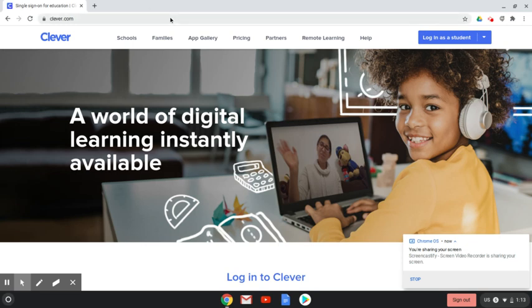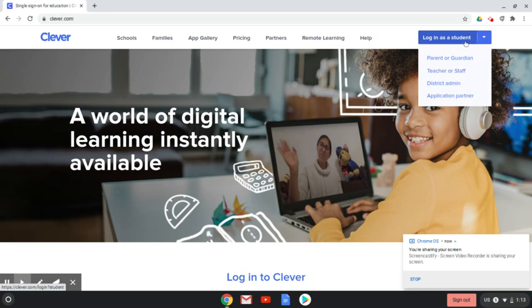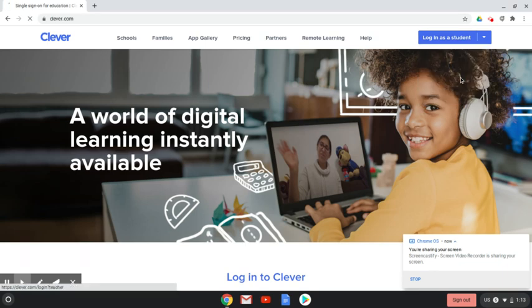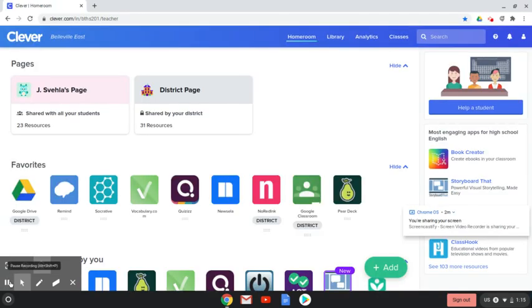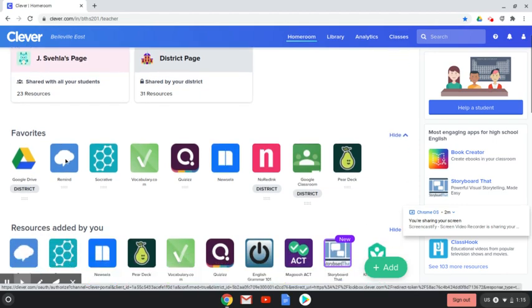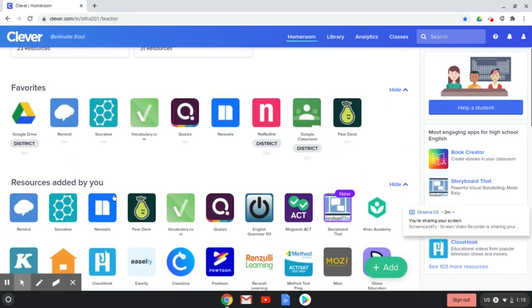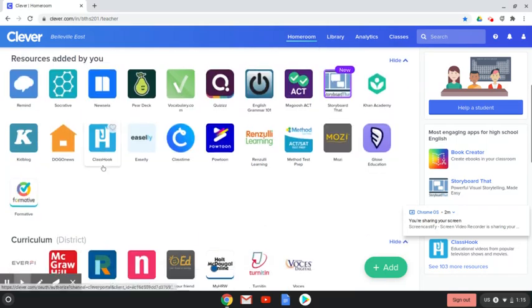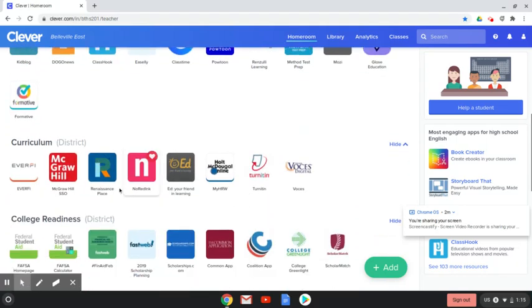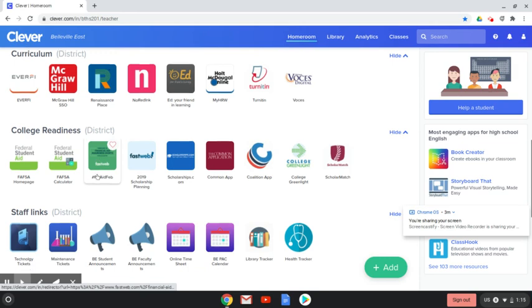You're going to log in as a student, but as teacher or staff, I'm going to log in as staff. As you can see, my page has loaded all of the different apps that I have. My favorites are the ones that I use most often. Resources added by me, these are ones that I use. And then if I scroll down, these are ones that might be used for my curriculum, for college readiness, staff,